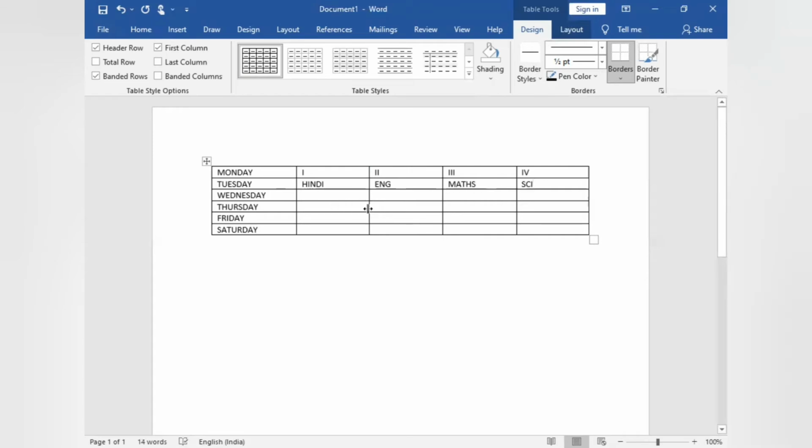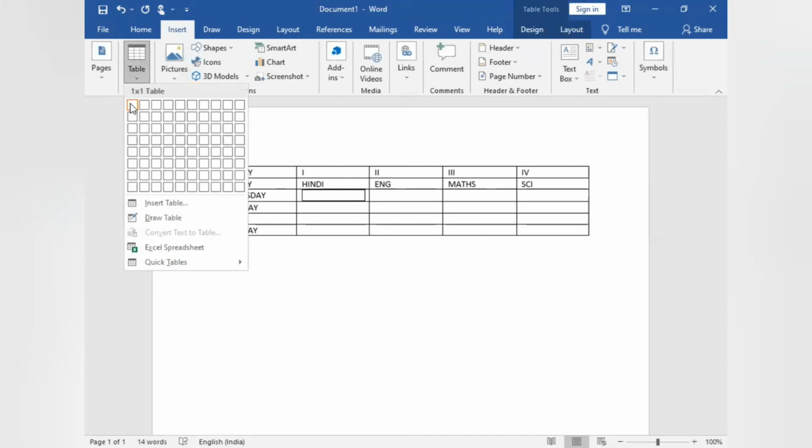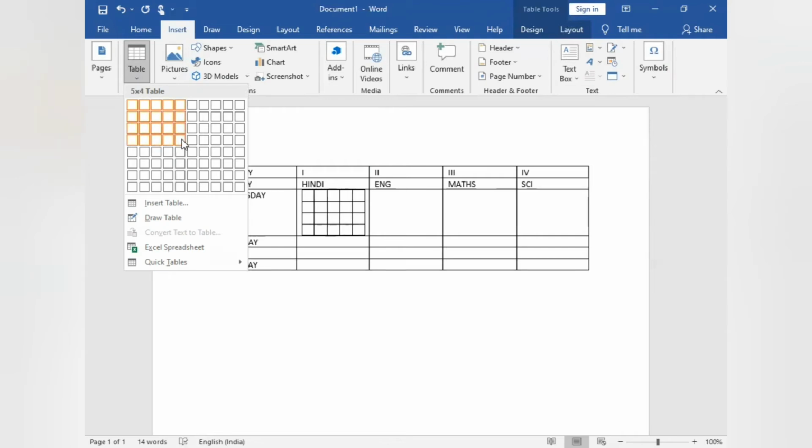Okay, students. The next method is again to click on Table. You can also draw your own table with the help of a grid like this.